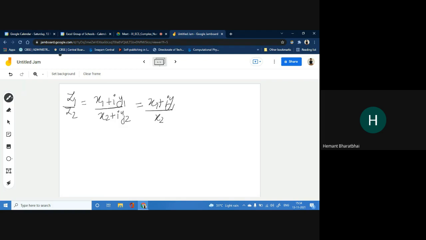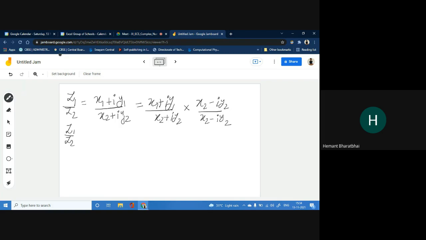So here in this case, I have x2 plus iy2 in the denominator. So I'm going to multiply with its conjugate. So its conjugate will be x2 minus iy2. I cannot bring anything from the air, so I will have to multiply and divide with its conjugate. Okay, so I'll get